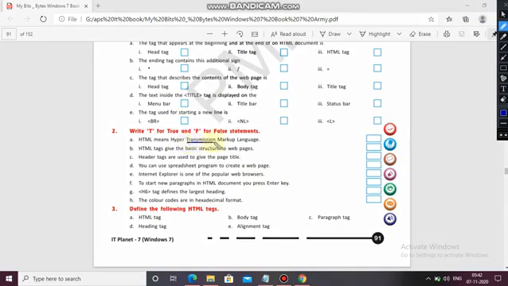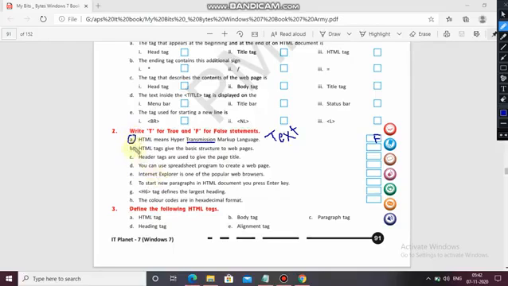Instead of transmission, there is written text. Hypertext markup language. Okay. So this is what? False. Okay. First one is false.